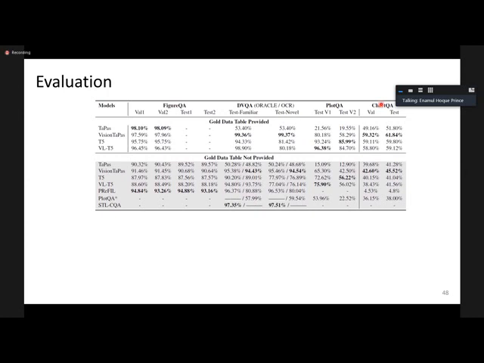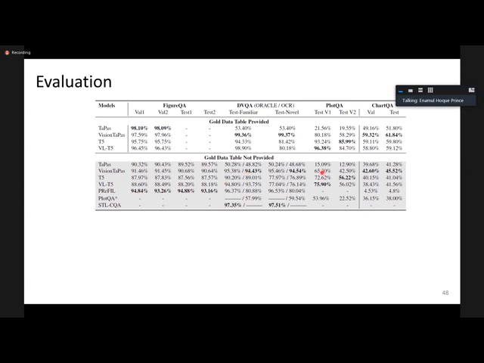And then we noticed that when the gold data table is not provided, the pre-fill model was doing slightly better on the FigureQA, but Vision TaPas was better on the other data. More importantly, we noticed that on the ChartQA dataset, Vision TaPas was doing better.